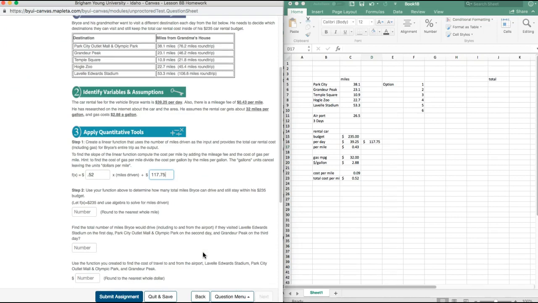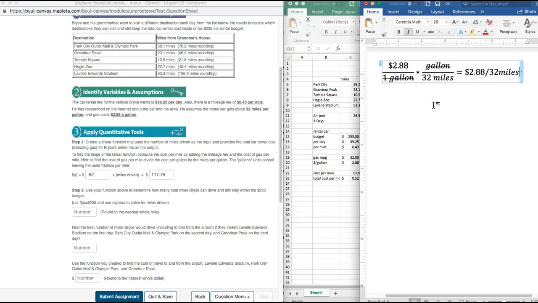Use your function above to determine how many total miles Bryce can drive and stay within his $235 budget. So we're going to solve this function here, f of x equals 235, and see how many miles, and we'll call that x, or x right here, and see how many we get to. So we can do that here. Let's bring up Word again. Okay, so we're going to find f of x being 235 equals, using this function that we just came up with,